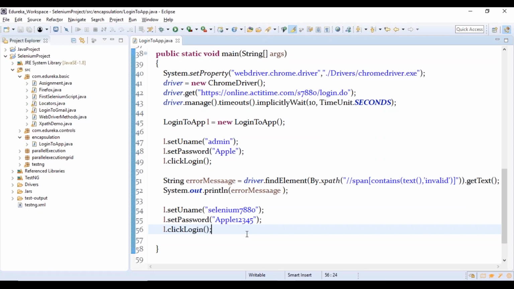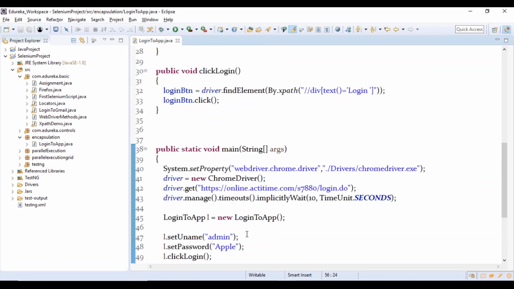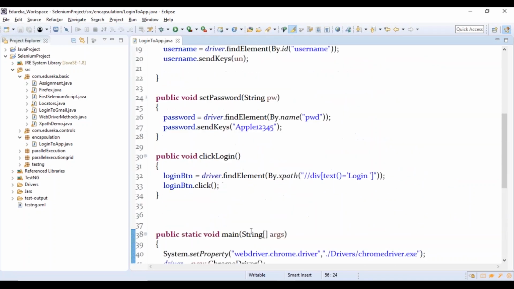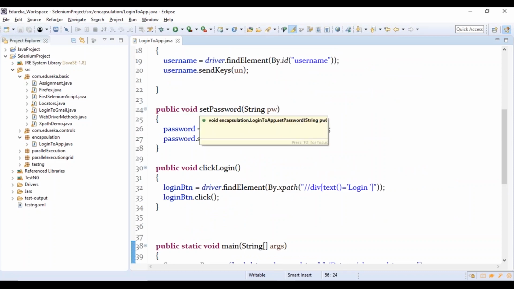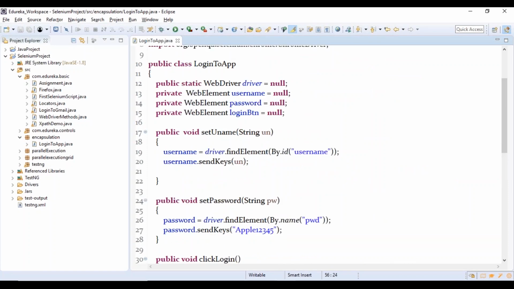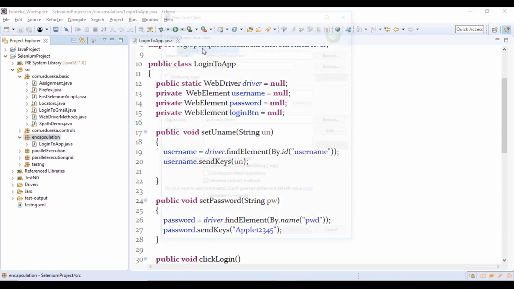So wherein we are going to apply the same thing in Selenium as well, but there is a little change. If you see, there's a lot of things, but how do we hardcode? We are not going to hardcode this element in the method, but instead there is a little modification that would be done. So how do we do it? I'm going to create another class. So I'll say new class login